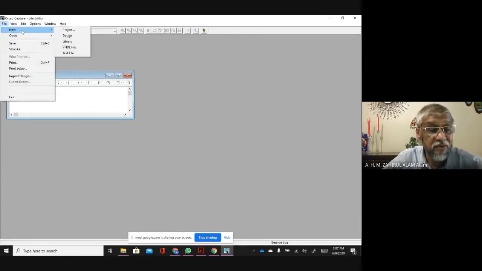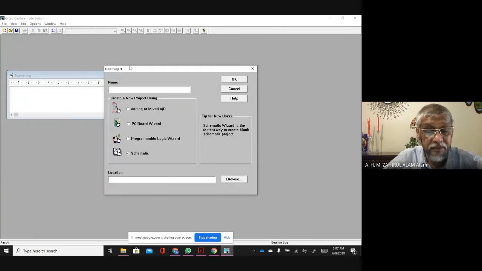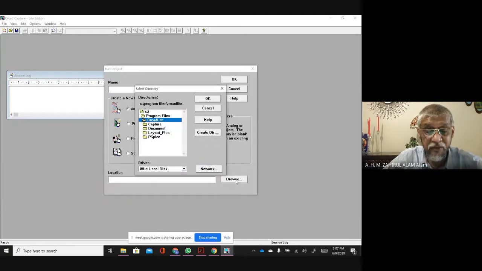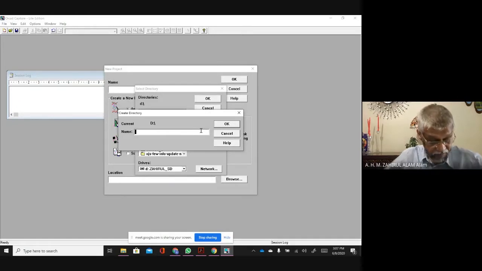So we need to use the new project. Then we need to use analog and mixed circuit. And we need to find a location where we need to save our file. So I choose my other drive. I can create another folder